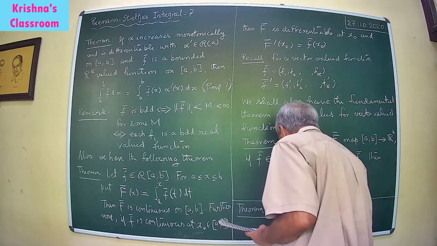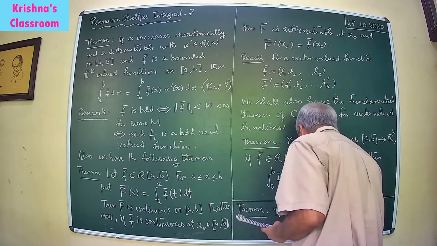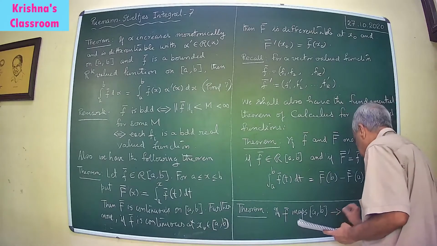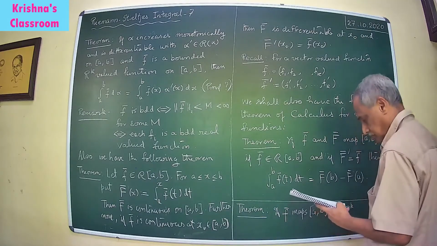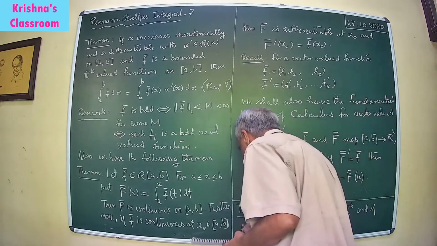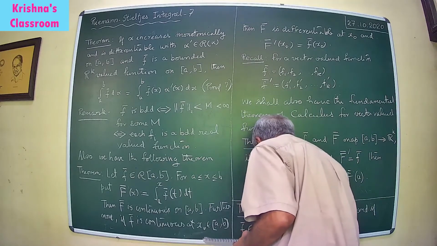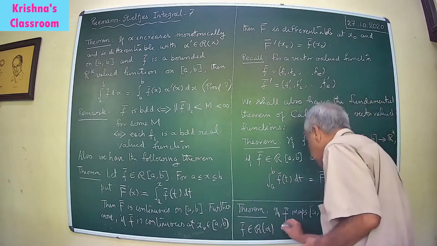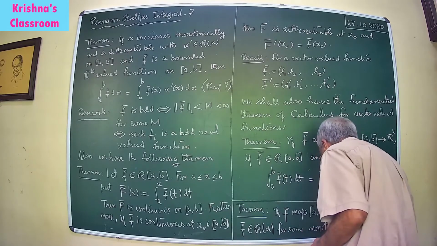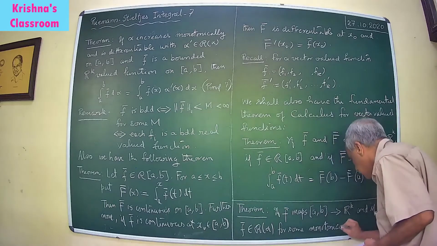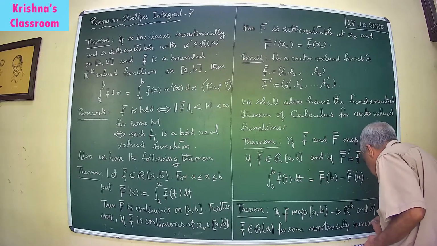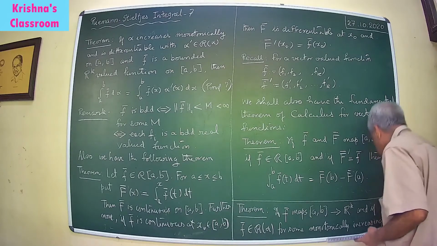If f bar maps the interval [a, b] to R^k, and if f bar belongs to R(alpha) for some monotonically increasing alpha